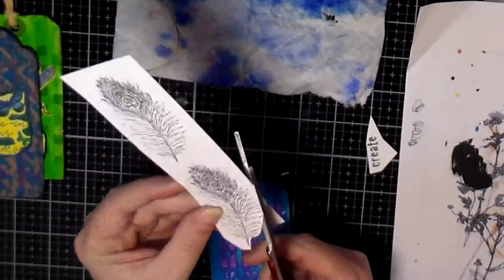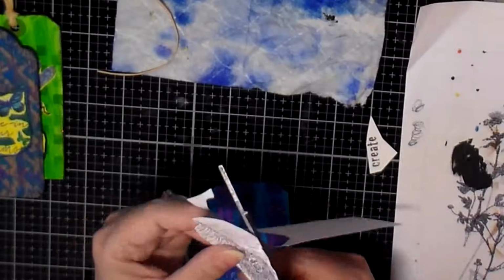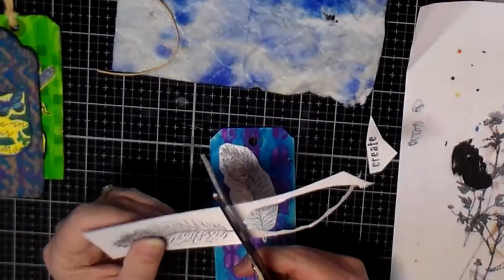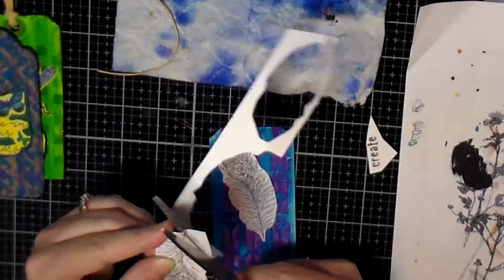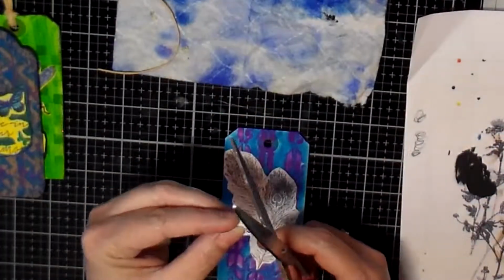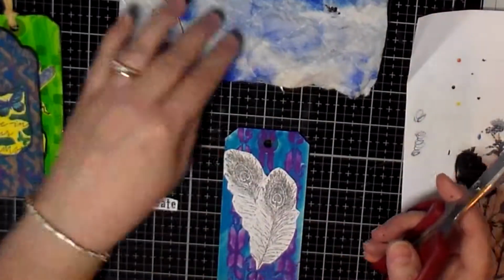This one here, I really like the way this one turned out. This turned out really pretty. So I got these peacock feather stamps that I'm cutting out. And again, I kind of cut out and leave a little bit of white around the edges. I don't cut it right to the image. And then I have the word create that I thought would go with these two